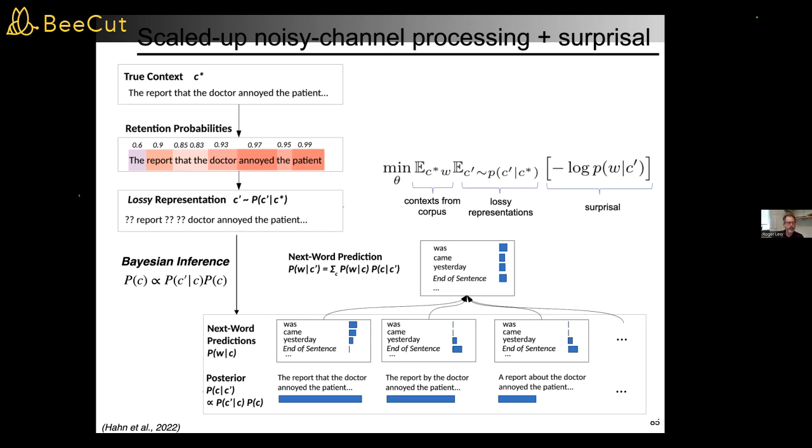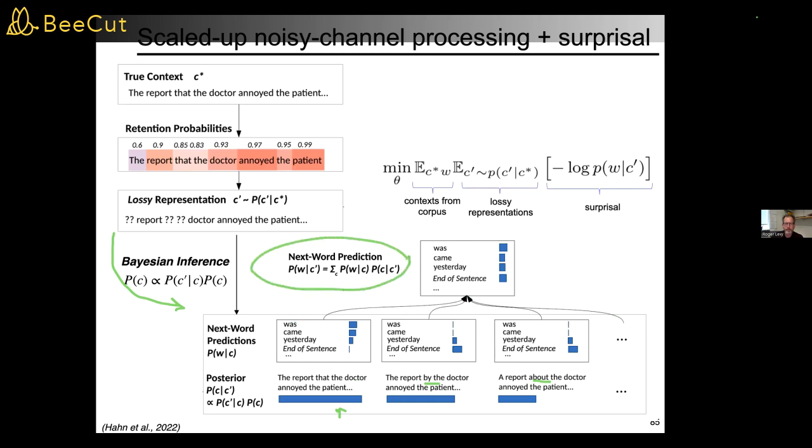And so we give it a lossy representation, and we model that by saying stochastically certain words might just get erased. That is, the mind has forgotten what they might be. And then the overall architecture says, given those noisy versions of the context, use Bayesian inference to try to figure out what the context might actually have been. And sometimes it'll be the true context, like here, but sometimes it'll be these other contexts, like here. And so then we use the law of total probability that I described earlier, and we get next word prediction.